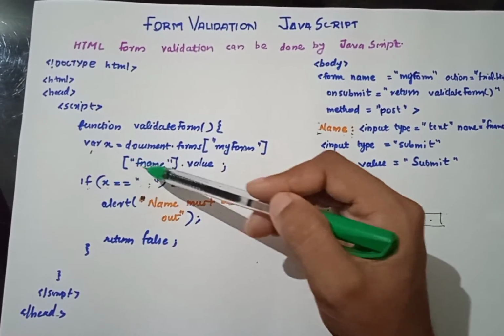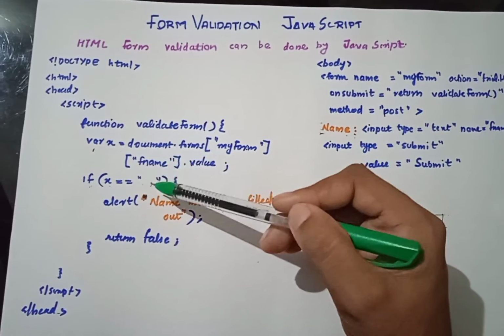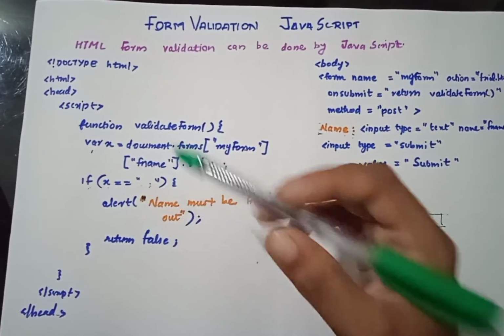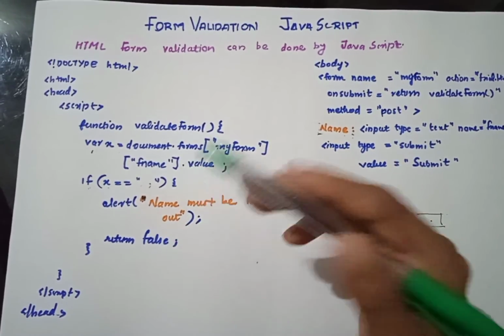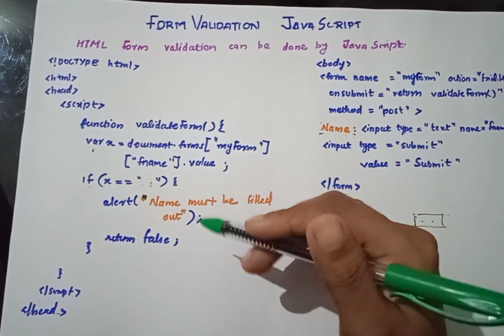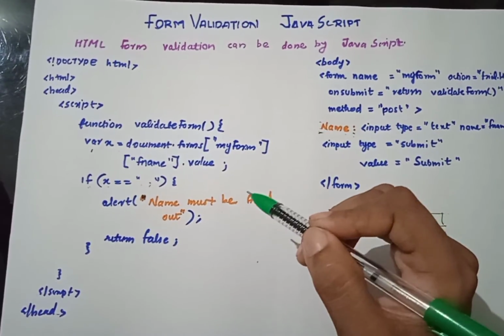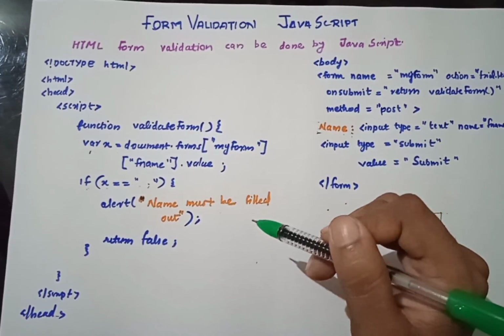In the case of this name, you will just have to check whether it is null or not. Okay, in some cases like phone number, you have to compare whether it's text or numeric and such cases. So each and every field you can use this form validation on.